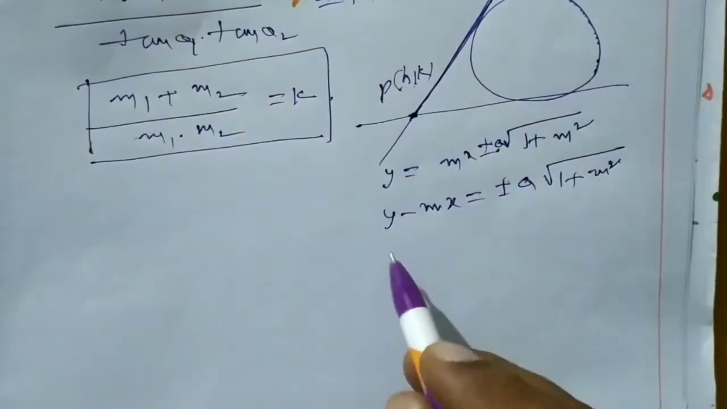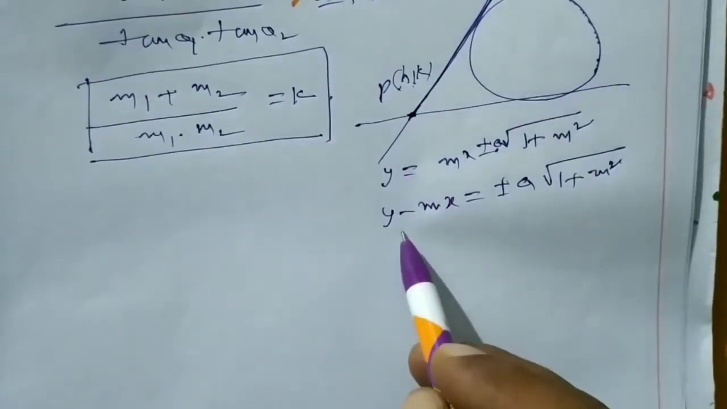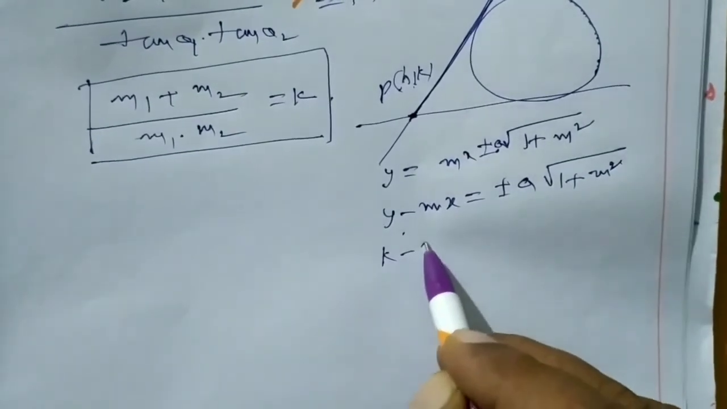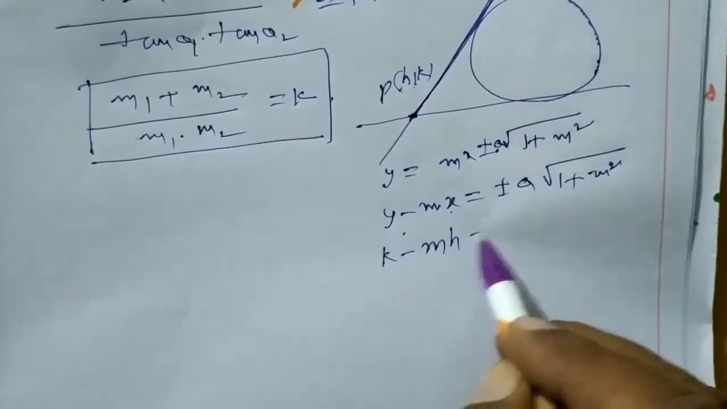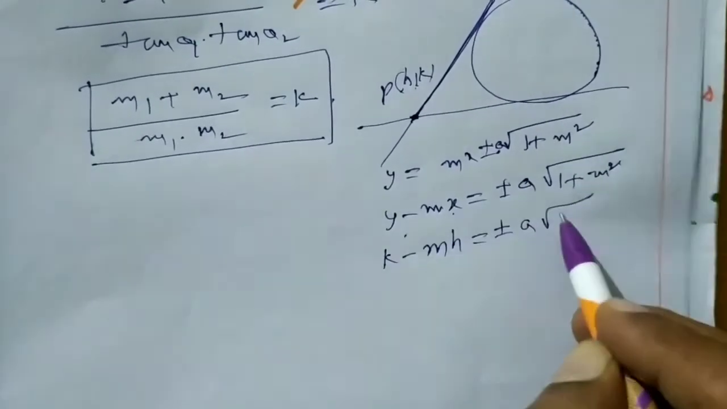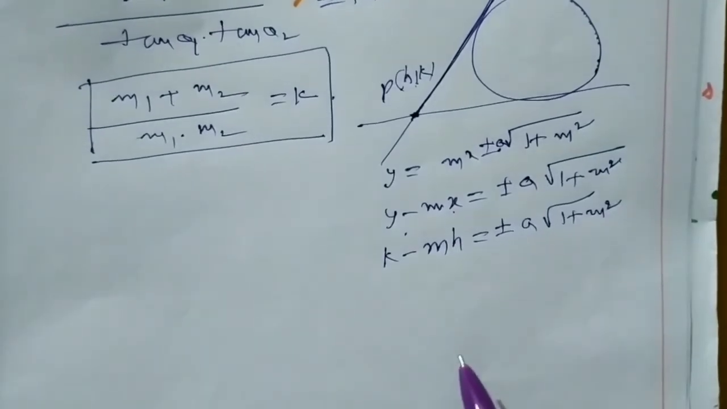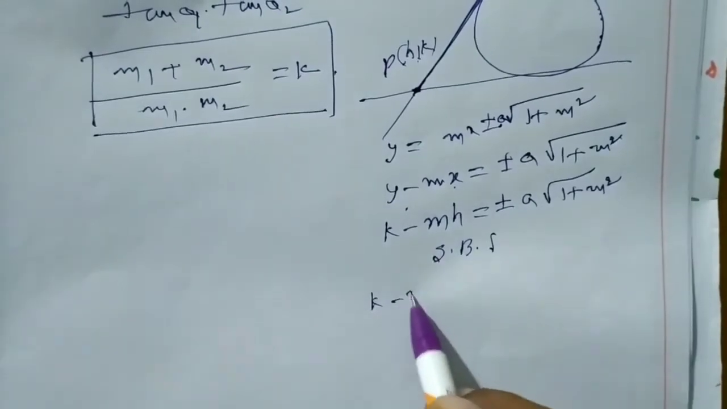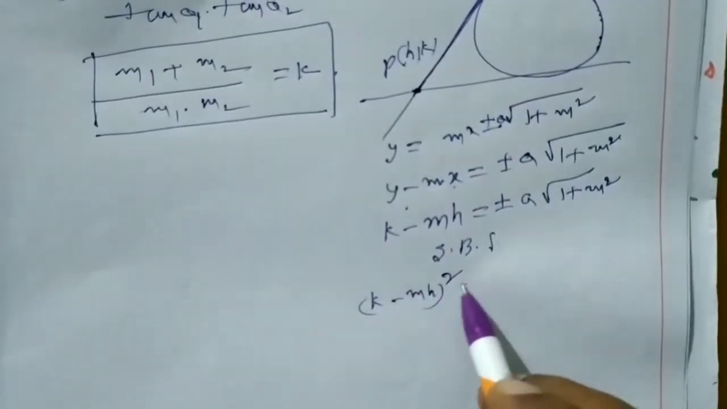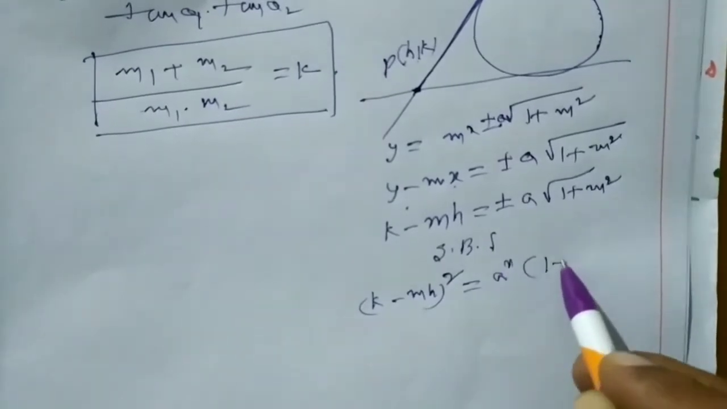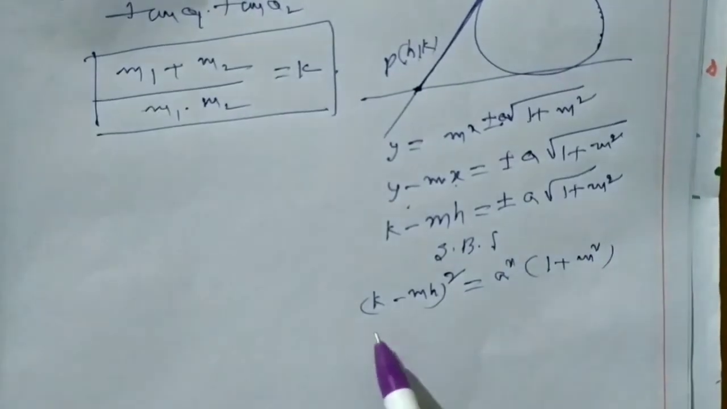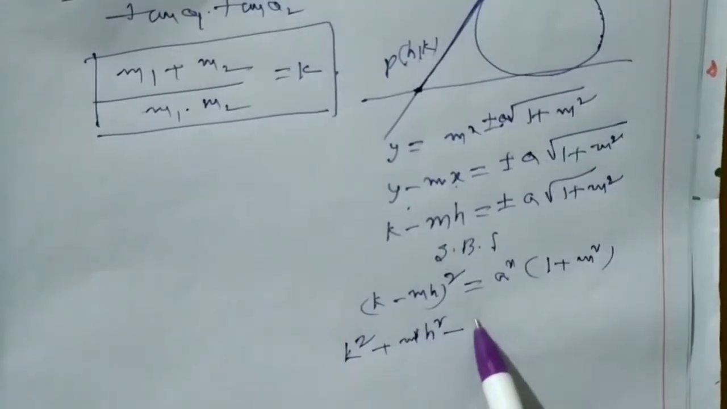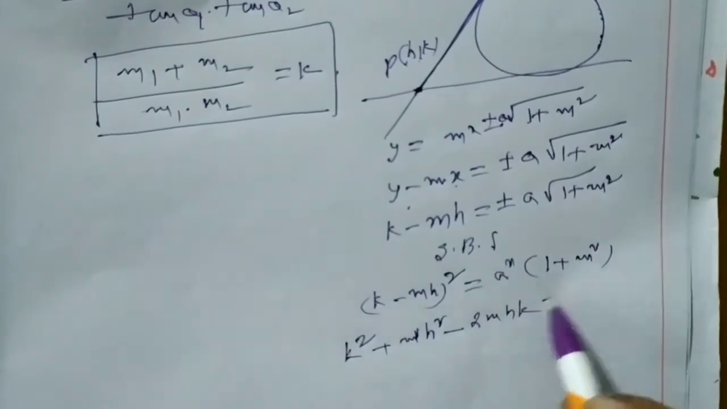As it is passing through (h, k), this line satisfies the point (h, k), that implies k minus mh is equal to plus or minus a into root over 1 plus m square. Implies, by squaring on both sides, we get (k minus mh) whole square is equal to a square into 1 plus m square. By simplifying, k square plus m square h square minus 2mhk is equal to minus a